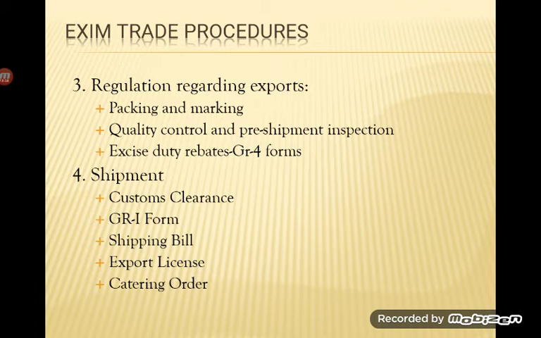Then we have shipment. So shipment is the fourth stage that we are talking about. Once the commodities, the goods, are produced, manufactured, inspected, packed and marked as per the international standards, now it is time for shipment. So for shipment they have to get the customs clearance. That is the first one. For obtaining the customs clearance, the exporter has to approach the port trust duties, the customs authorities,